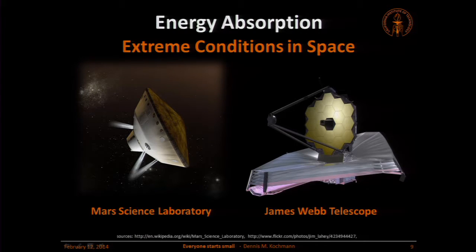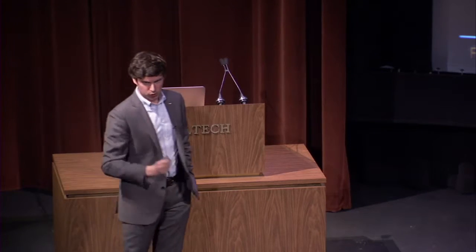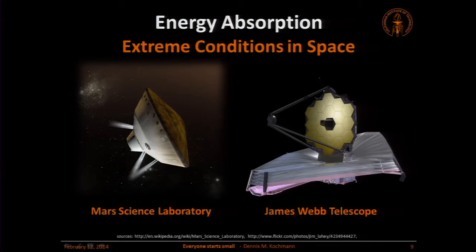Another application that we're starting to look into now are space telescopes. This is a graphic showing the James Webb Telescope. It's planned for launch in 2018. It will go out to space and allow scientists to peek into the most distant galaxies, and especially to look into the universe's past, back to the early days. These telescopes have very large mirrors that collect signals from all around the universe. They send them onto a secondary mirror and then onto the instruments in here.